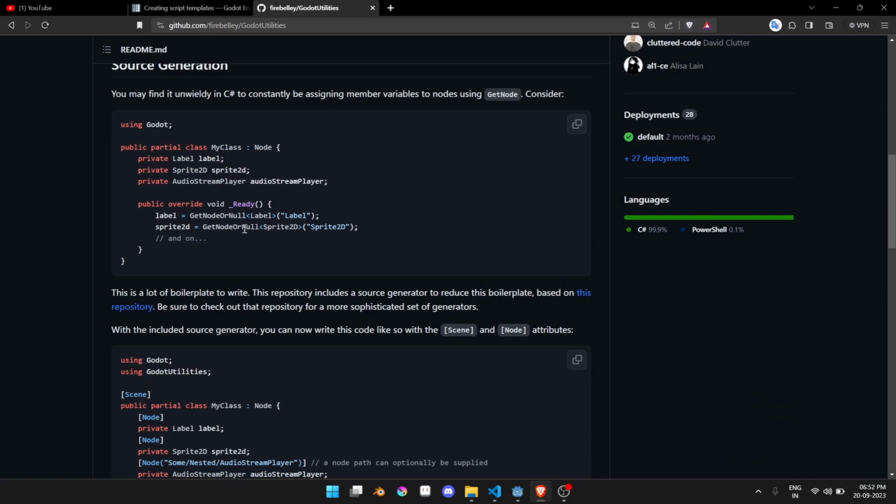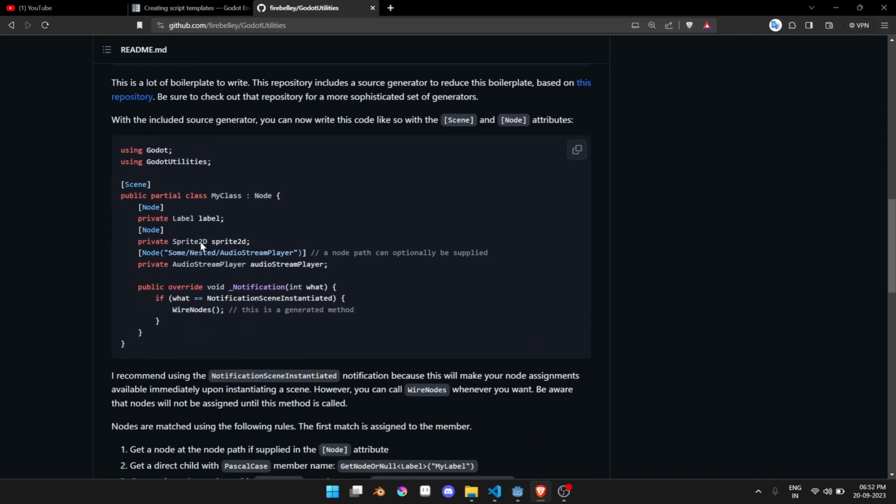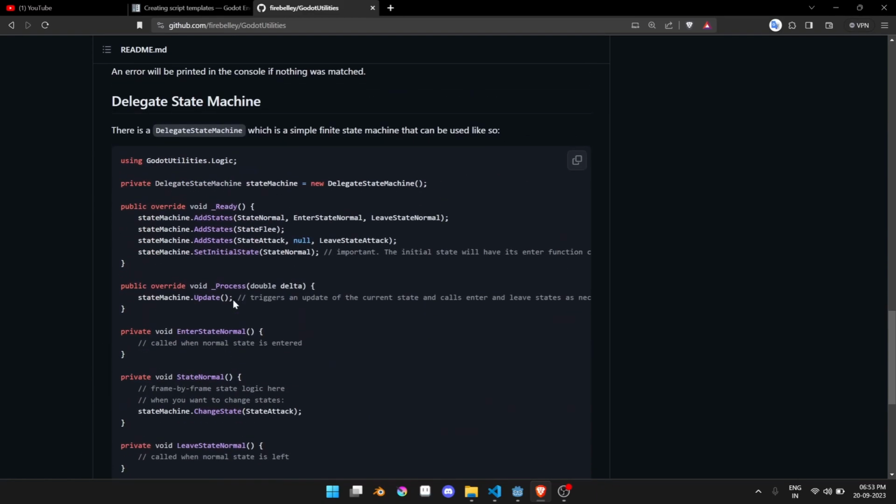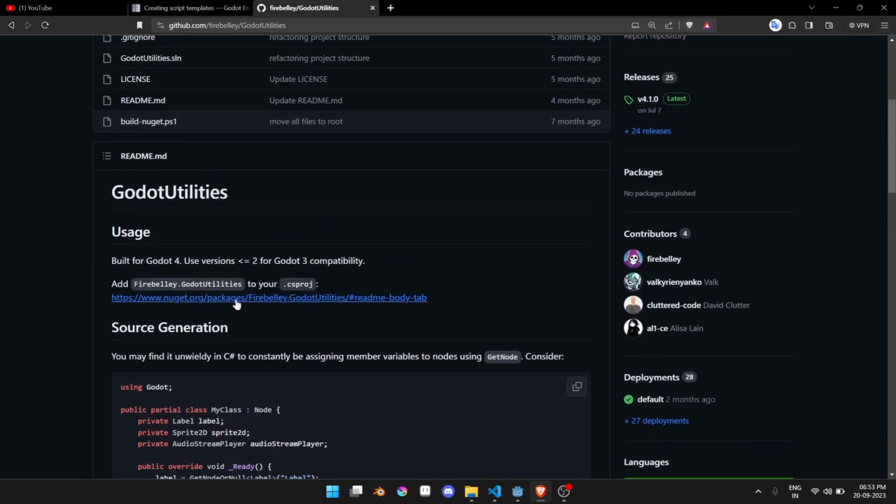So let's say you are accessing each node by a reference or node or null. So basically it keeps on getting increased if you are having like 50 levels of nodes. So basically it is a simple way of accessing the nodes with this NuGet package. So what you need to do is click on this link